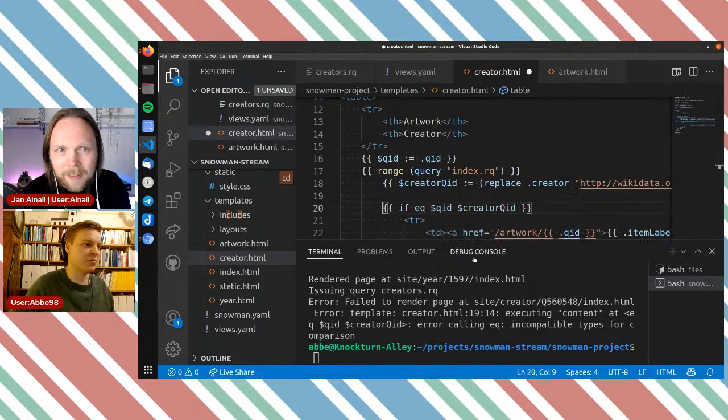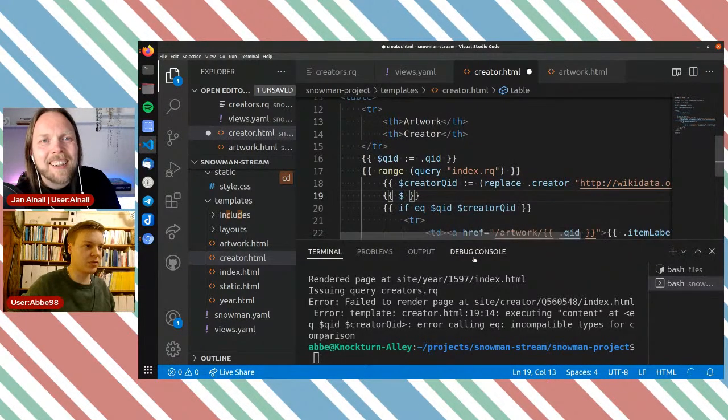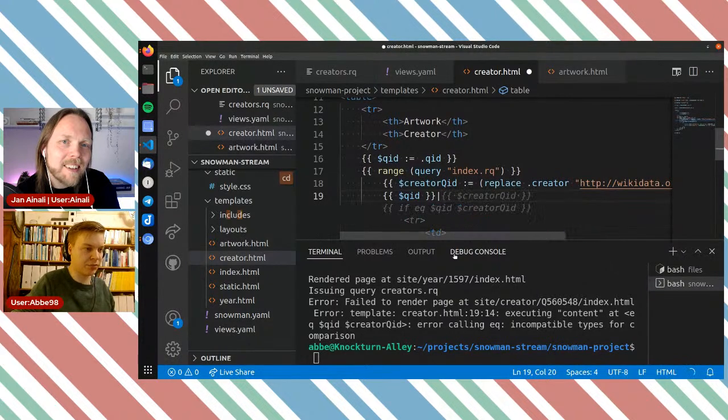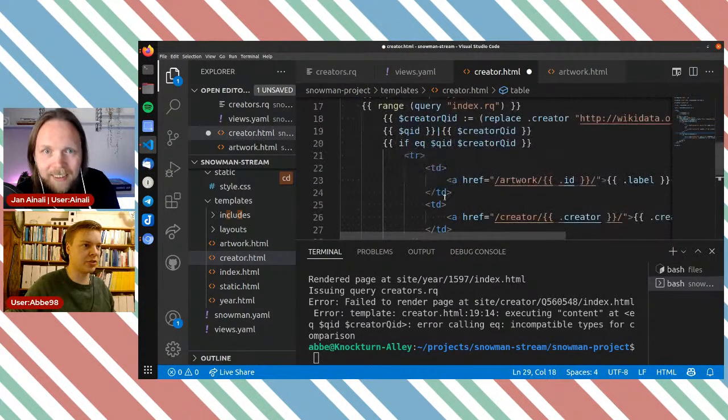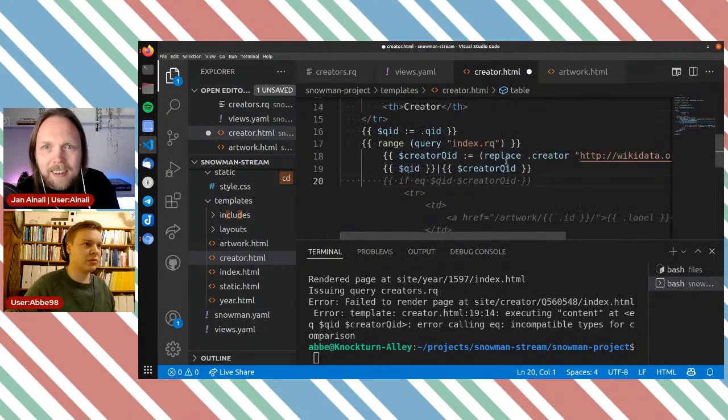I have actually no clue, which is terrifying in a way when you code live. But let's print out both of those variables, like QID, and then do another one. Let's do pipe here and give us creator QID, and it did a bunch of additional text here I didn't want. There we go.